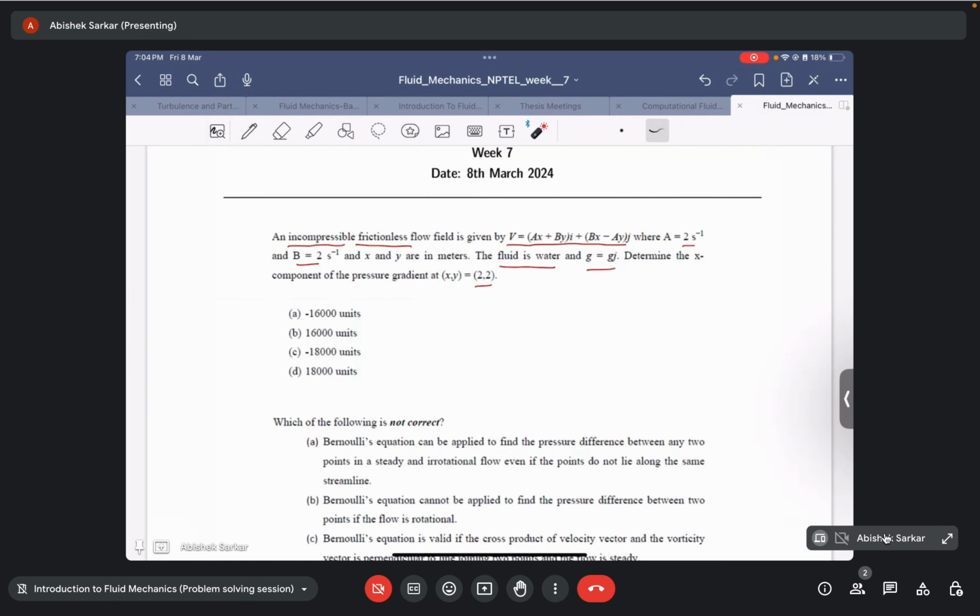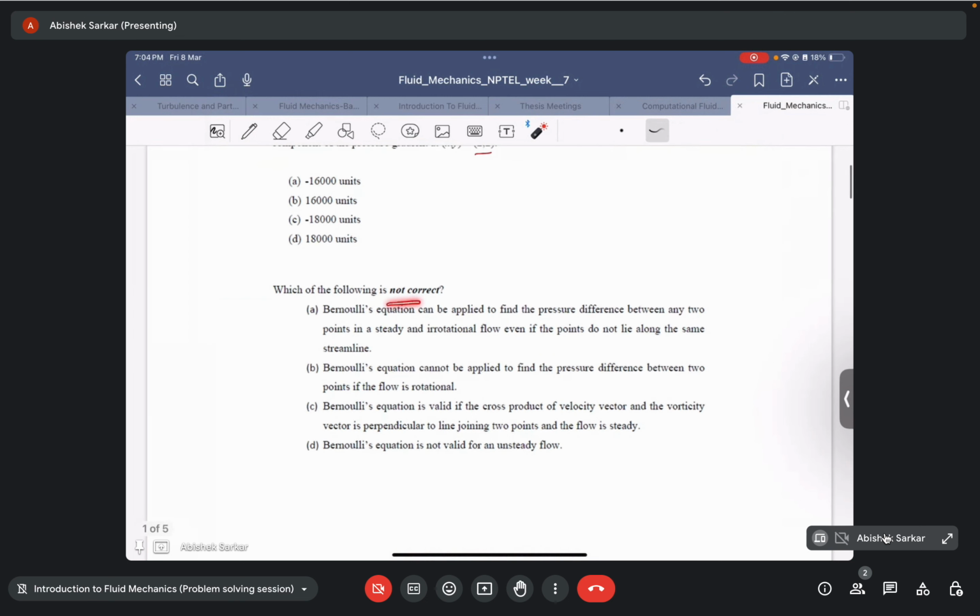So the next question is, which of the following is not correct? Okay, not correct. So the first is that Bernoulli's equation can be applied to find the pressure difference between any 2 points in a steady rotational flow, even if the points do not lie on the same streamline. Okay,